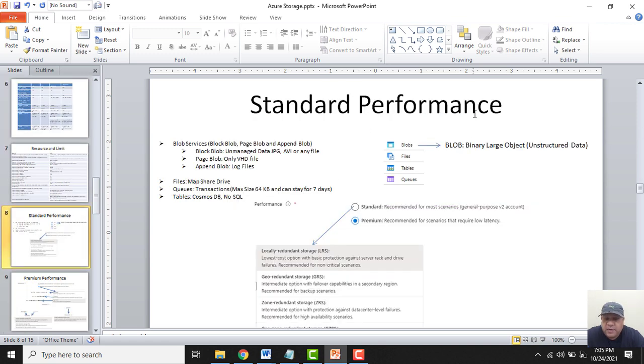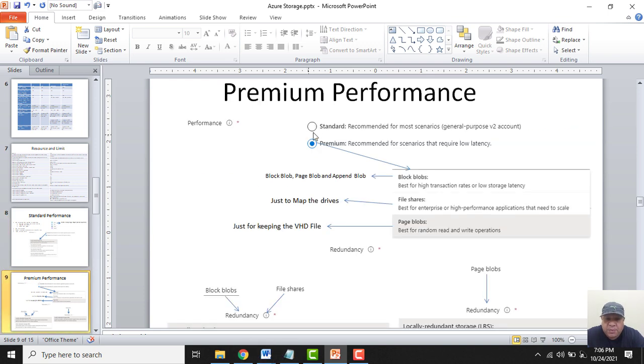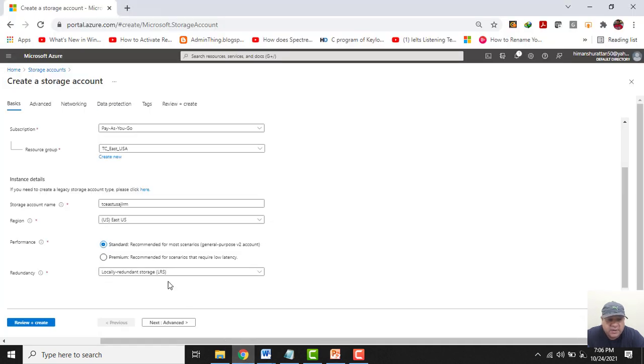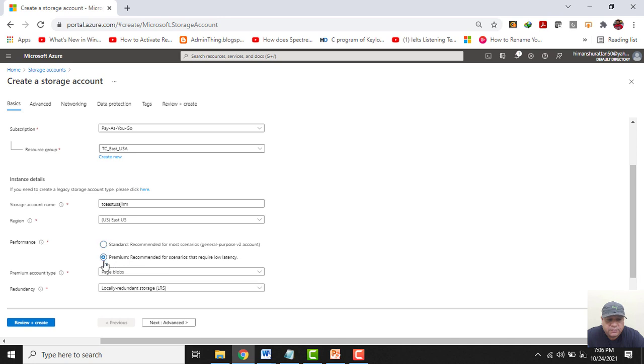In standard performance we get blobs, files, tables and queues, but when I select the premium option I get 3 services, as we can see from here: block blobs, file share and page blobs.